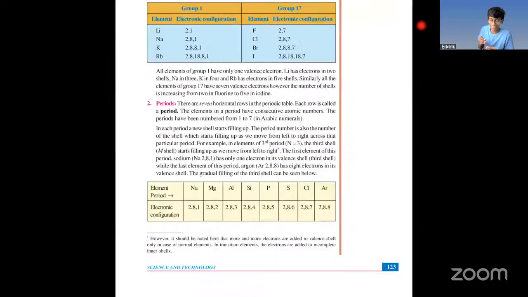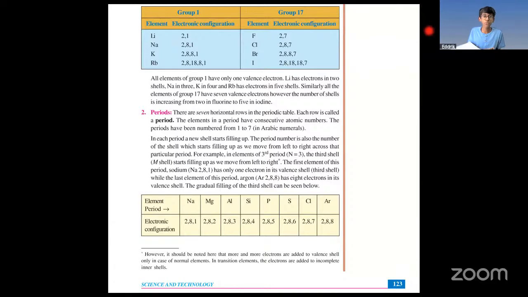Next. All elements in group 1 have only one valence electron. Lithium has electrons in 2 shells, sodium in 3, potassium in 4, and rubidium has electrons in 5 shells. Similarly, all the 7